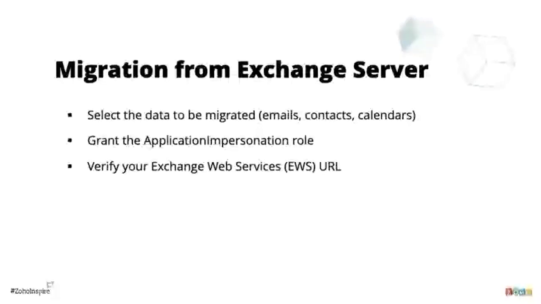Why this additional process is, with respect to Exchange Server, every user, every account that you're trying to migrate might have a different server name, as it is the Exchange Server, right? So what we do when we are verifying the Exchange Web Services URL is we are making sure we are getting your server name right. So you'll have to do this process primarily because we need to know the name of the server that you are migrating from. And for us to know the name of the server, you have to verify your Exchange Web Services URL. After that, the rest of the process is just the same.